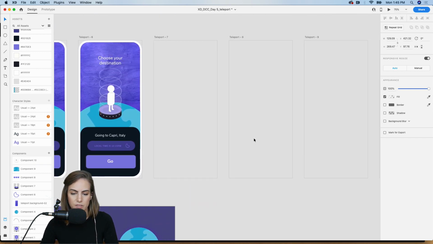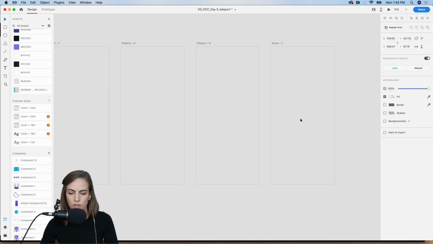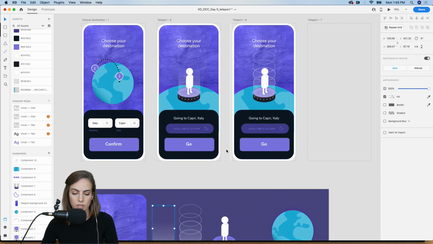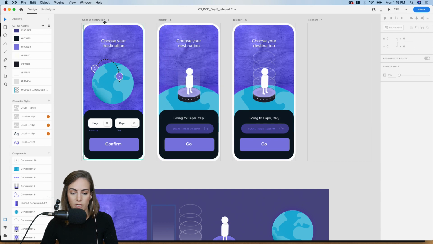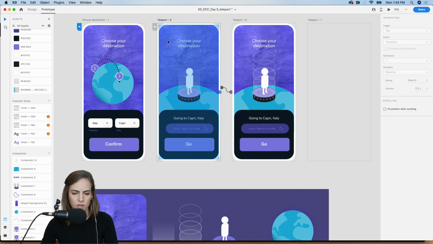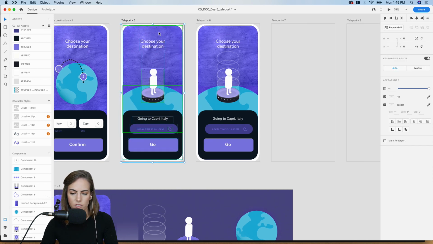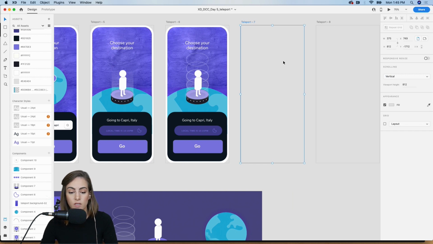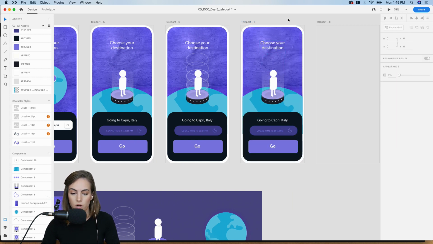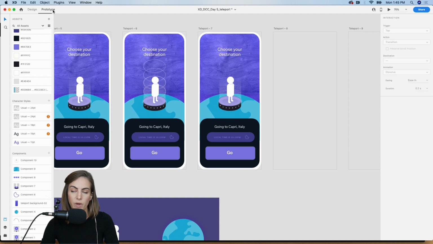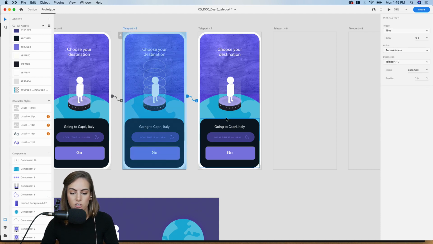So for the next three artboards, all I need to do is just copy and paste, and then go back and forth. So let's copy all of this and paste it in the subsequent artboard, and go back over into the prototype tab, select the whole thing, and drag this little blue indicator over, and again the trigger.